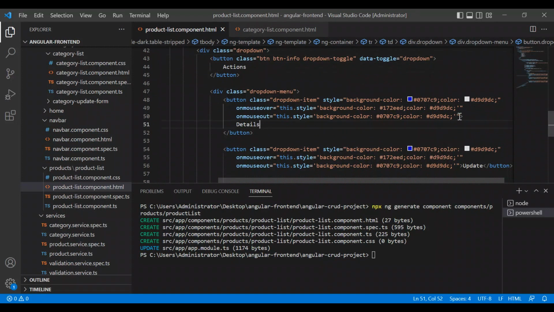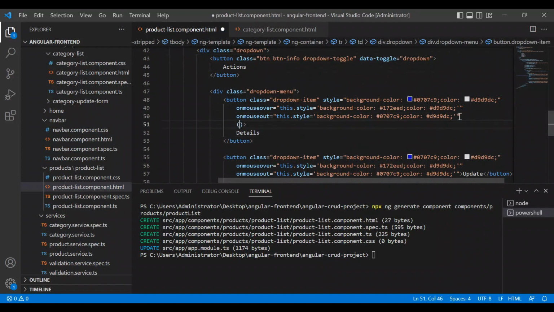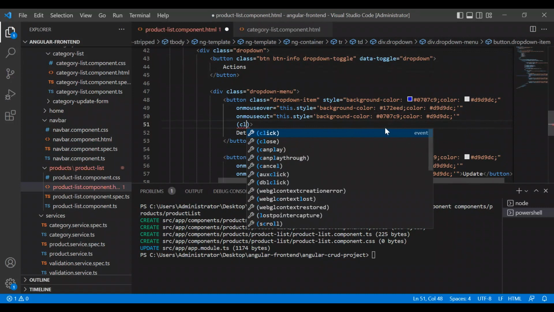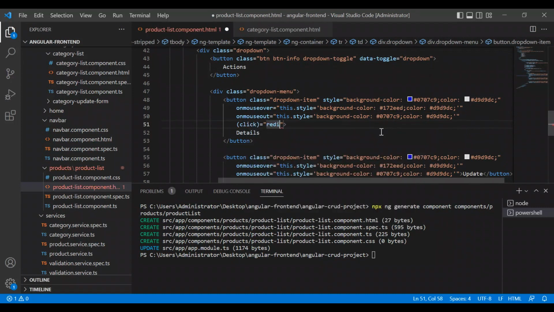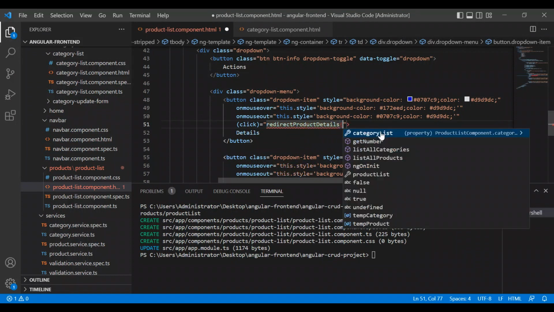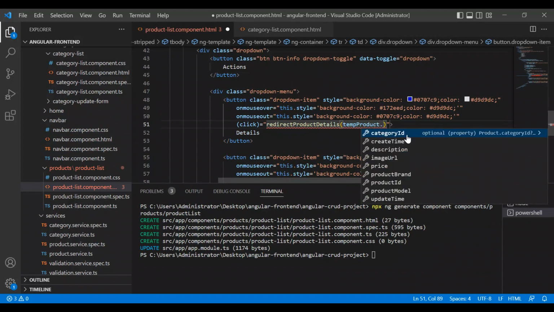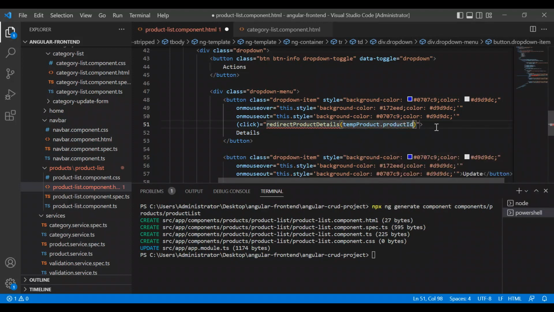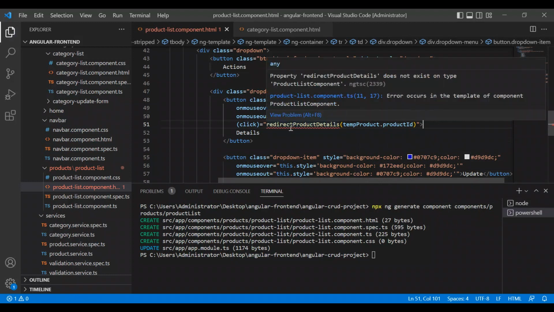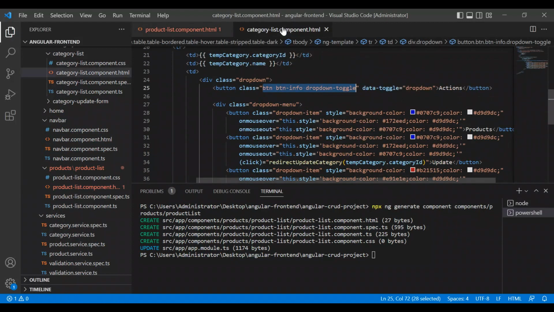Now let's create a click event, redirect product details, and as a parameter we will have a product ID, temp product dot product ID. And we will have an error because we don't have this function in the